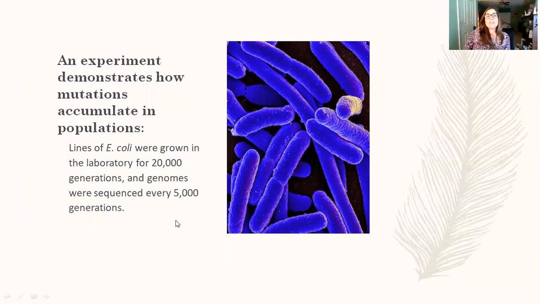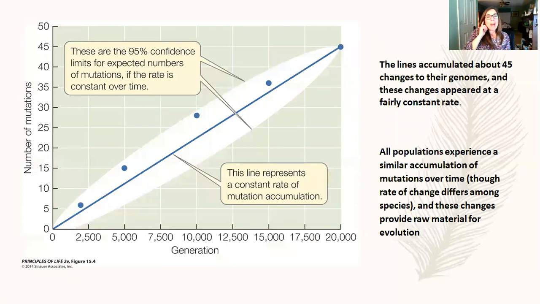And then every 5,000 generations, they took the individuals within the population and sequenced their genes, and were able to tell whether mutations had occurred or not, as compared to the original starting population. And when you chart that out, you see something like this. So at 0 time, of course, over here, there were no mutations yet because this is the original population. But after 5,000 generations, this was the number of mutations, 10,000.